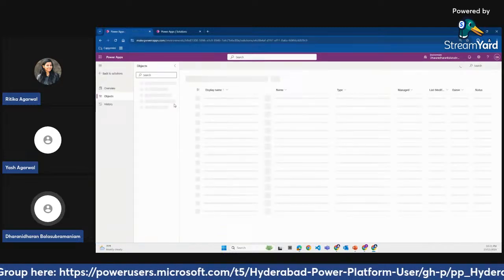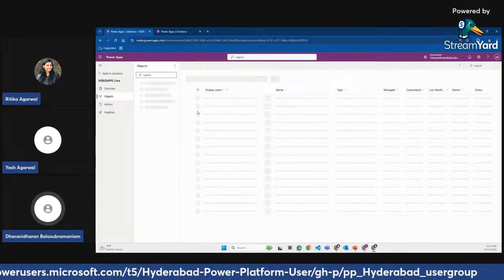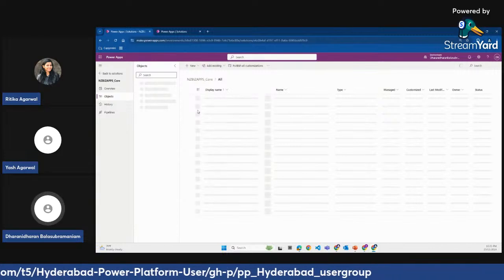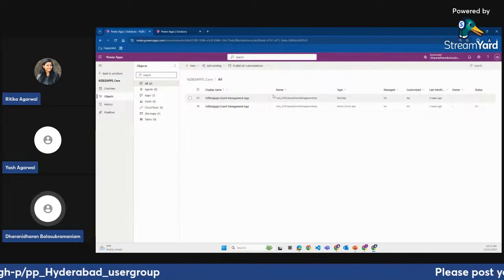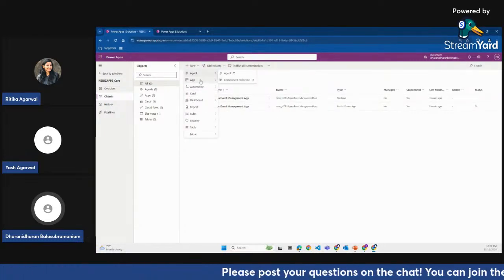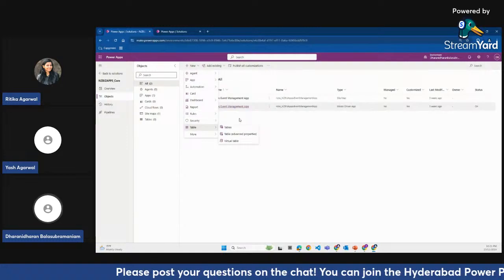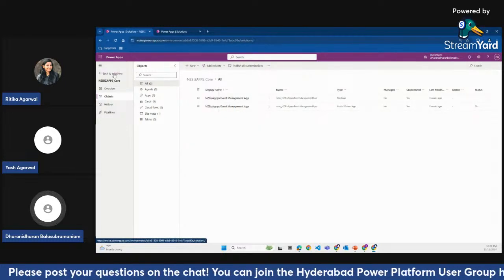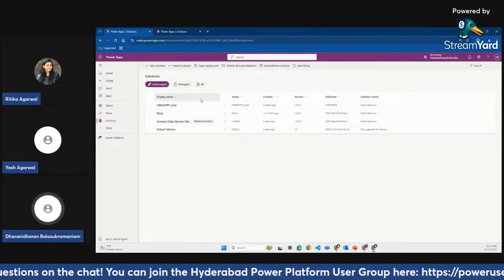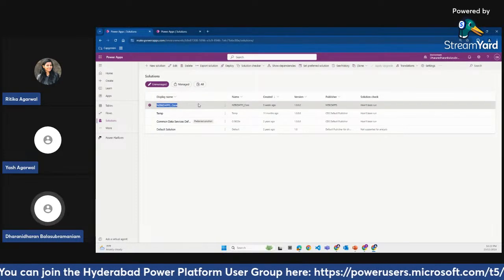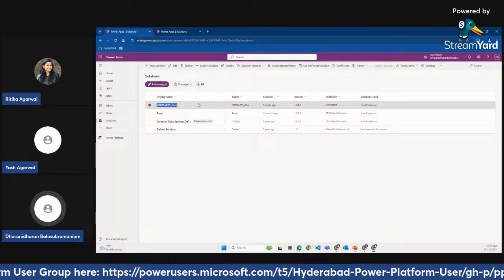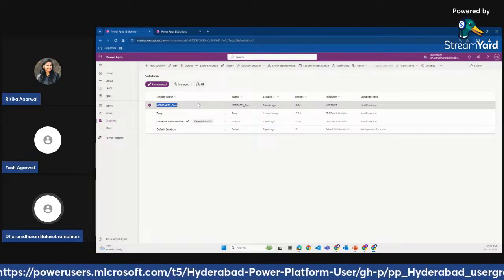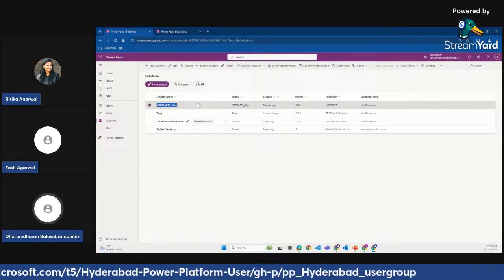Now if you go to the solution, you can start creating all the components from the solution, or whatever components you have created outside, you can also add them. But I always recommend you start creating the components from here. If you start creating the components inside the solution, then whatever publisher we have selected, that prefix will get prefixed to that particular component, that metadata. If you create components directly in the default environment, it won't pick this particular prefix.